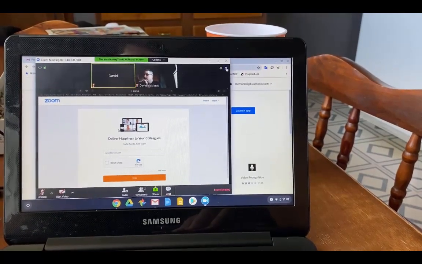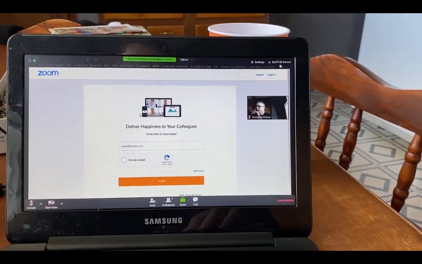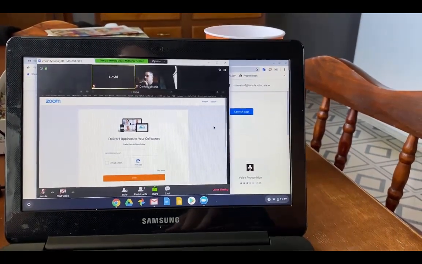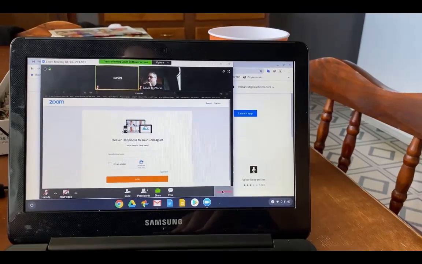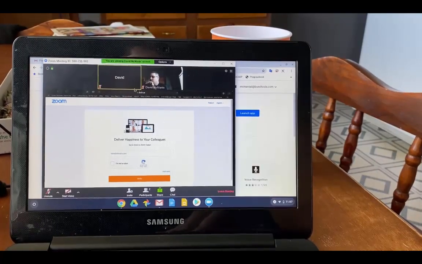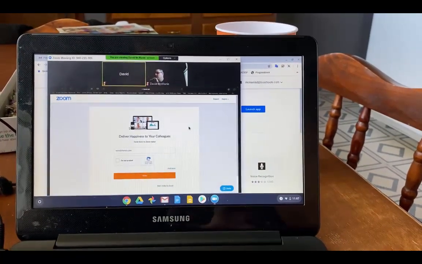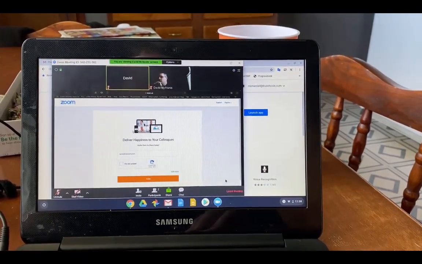You can make the presentation full screen by clicking on that, and you can click exit full screen to get back out. Then you've got the leave meeting option down at the bottom, which I will do. So that's basically it. I'm not going to spend a lot of time on this because it works the exact same way as the phone. If you have your phone set up, you're good to go. So you can go ahead and click leave meeting,